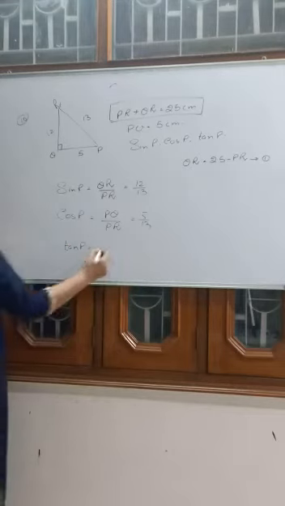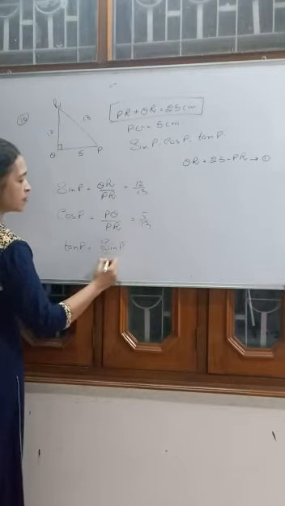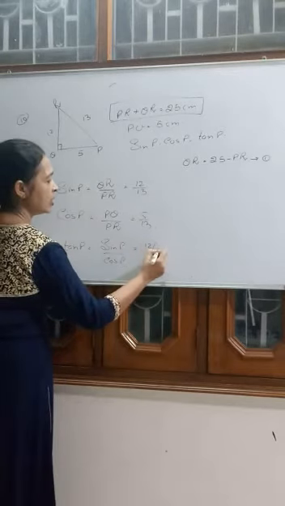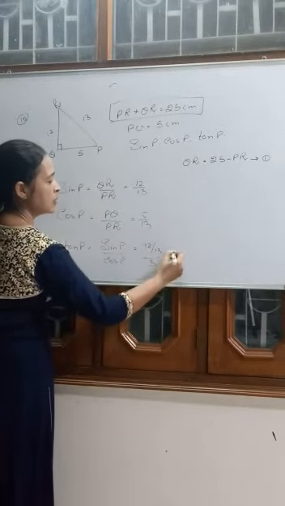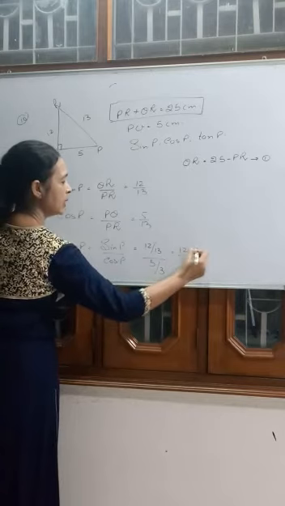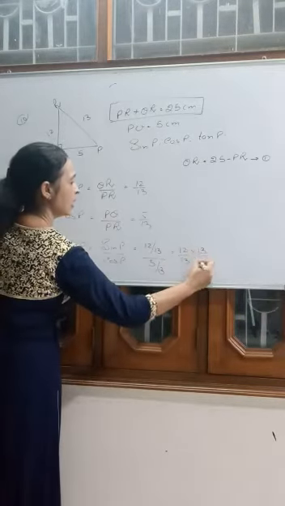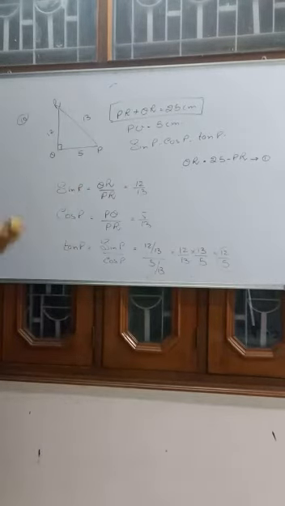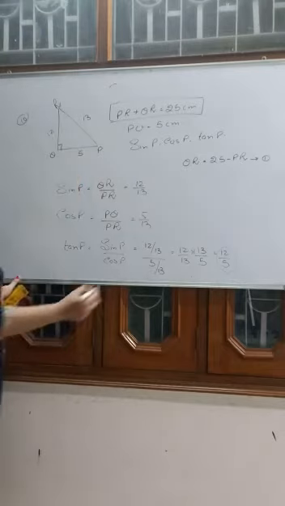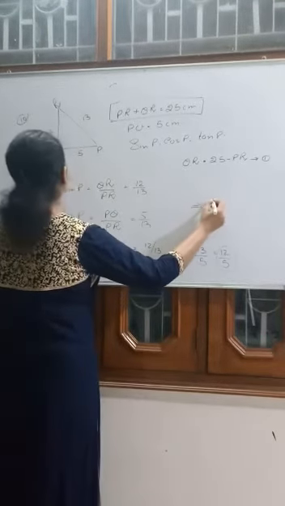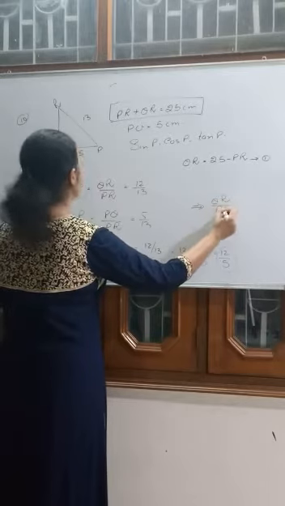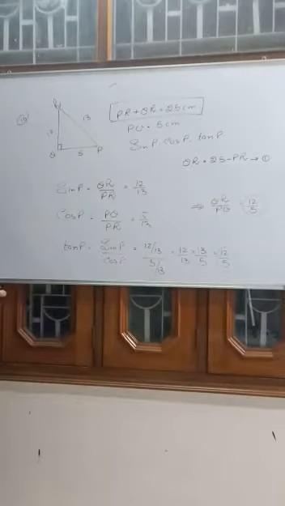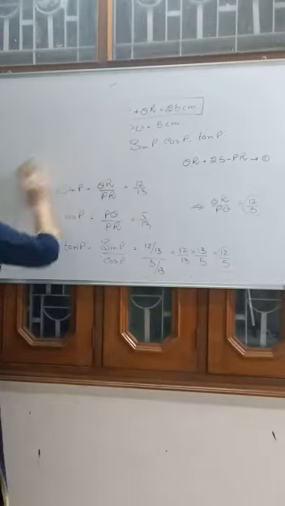And how you will get tan P? You can write it as sin P upon cos P. Sin P upon cos P is tan P. It is 12 by 13 upon 5 by 13. 12 by 13 into 13 by 5. That is 12 by 5. We can also take the value of tan P as opposite side upon adjacent side. That is QR upon PQ, which will also come as 12 by 5. Got it? Pause the video and note it down.